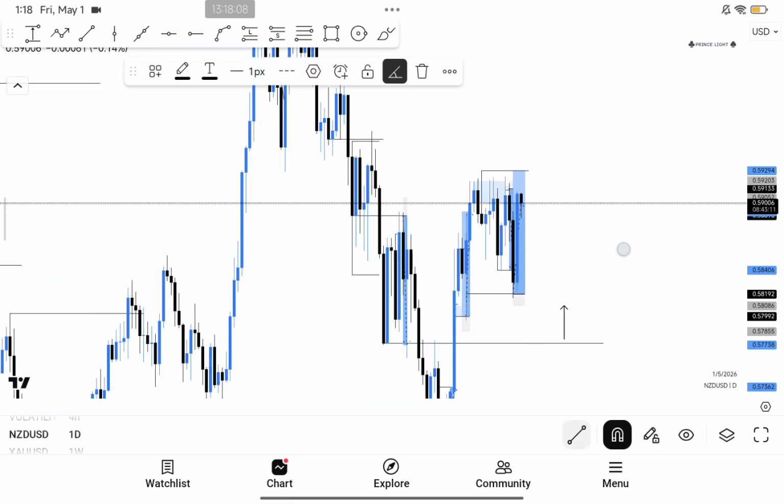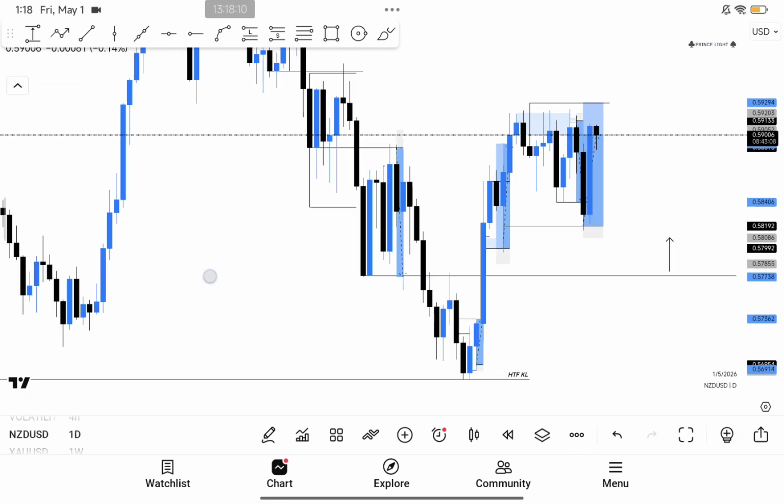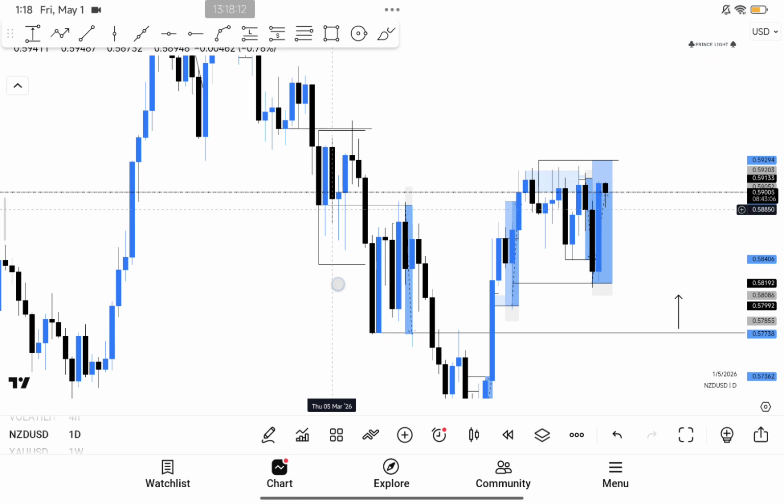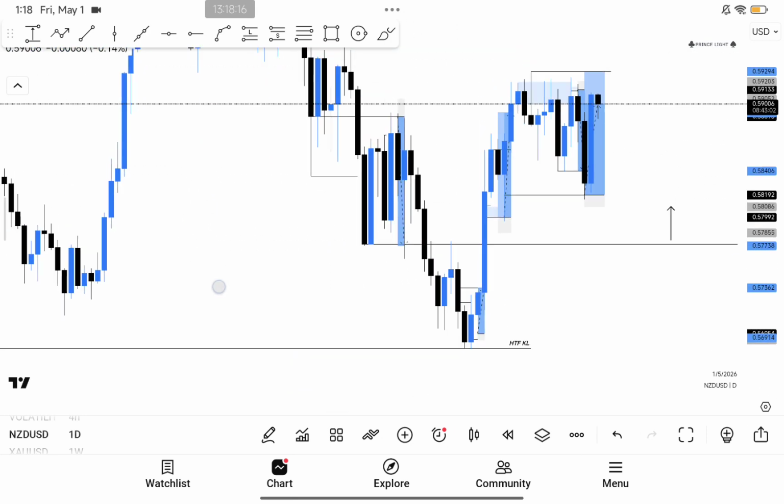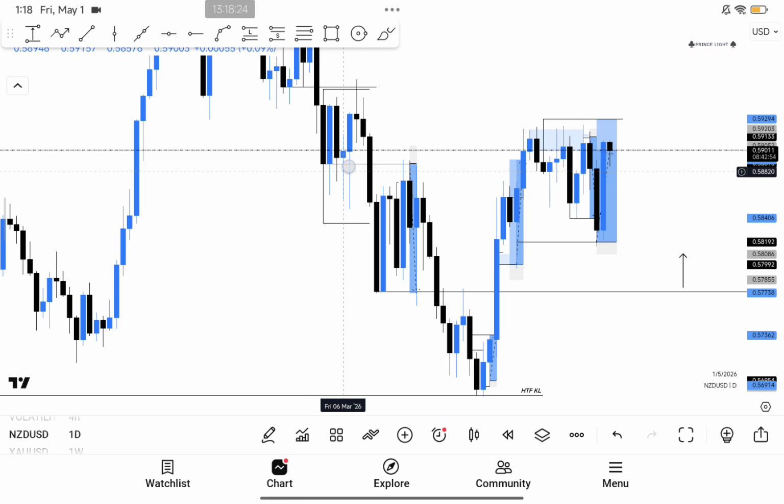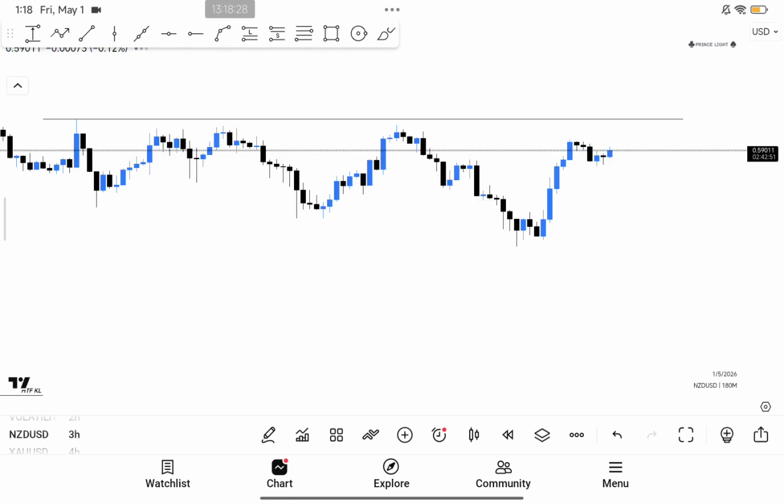I think I didn't explain this particular setup. Basically, I just did a simple break and retest here. There was nothing much here. I also shared this on my Telegram channel because this was where I was planning on looking for buys from this zone. I was expecting rejection from this particular zone, so I just did a simple break and retest. And basically, okay, let's see,